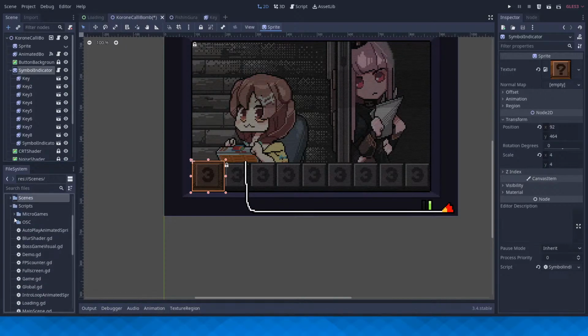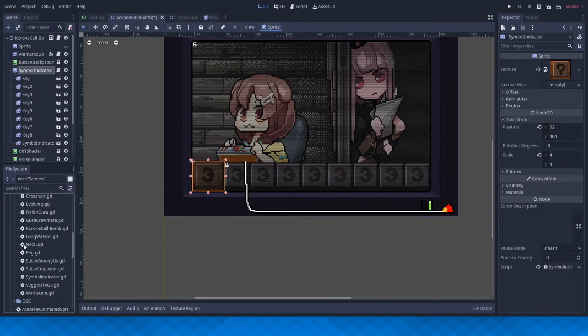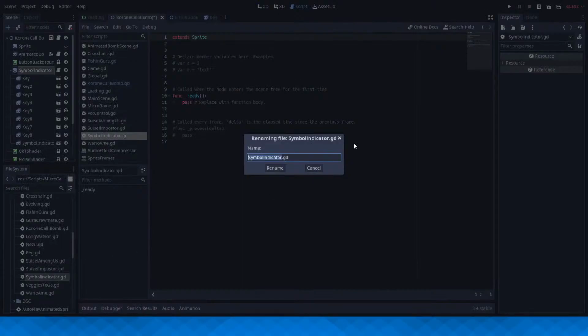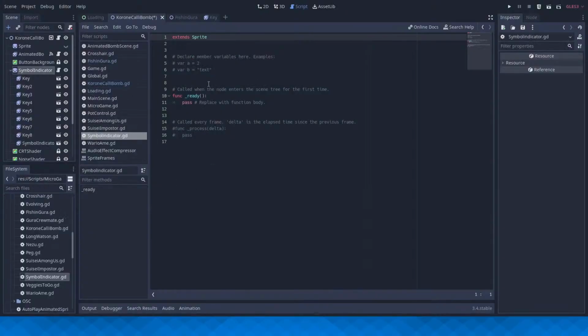There we go. Scripts, microgames, and symbol indicator. I am going to rename that. And right, fixed. Stretch a bit. Okay, and it's programming time.